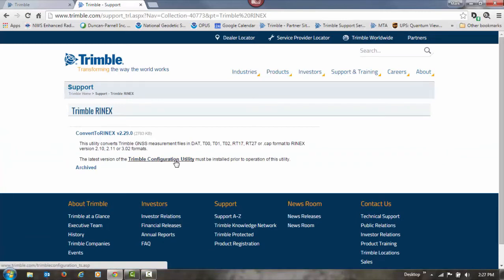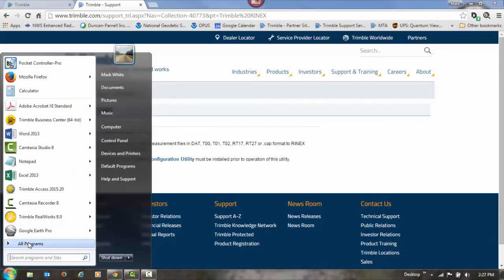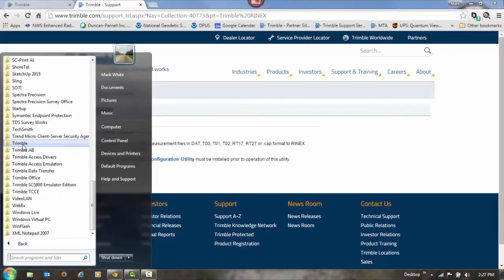This has all the antenna models for all the different GPS antennas in it that the Convert to RINEX program needs to convert your T02 files into RINEX. Then after you've downloaded and installed that, you'll need to download and install the Convert to RINEX program. I already have it on my computer, so I'm going to click on my Start button, All Programs, go to